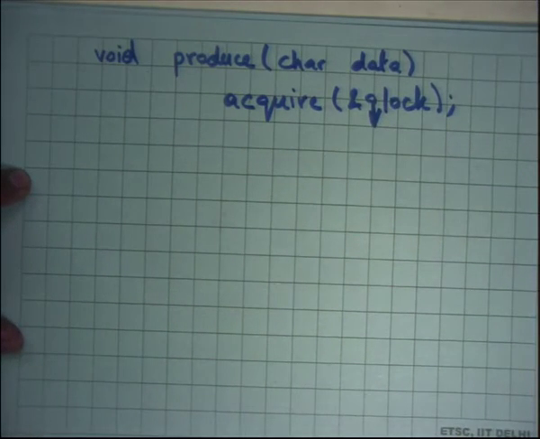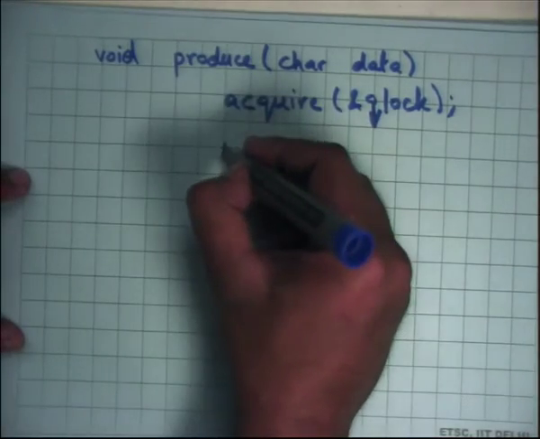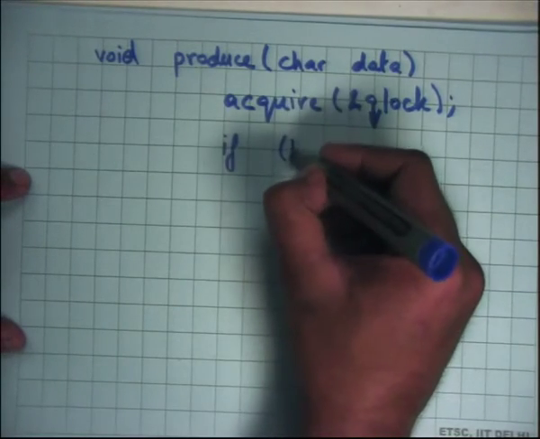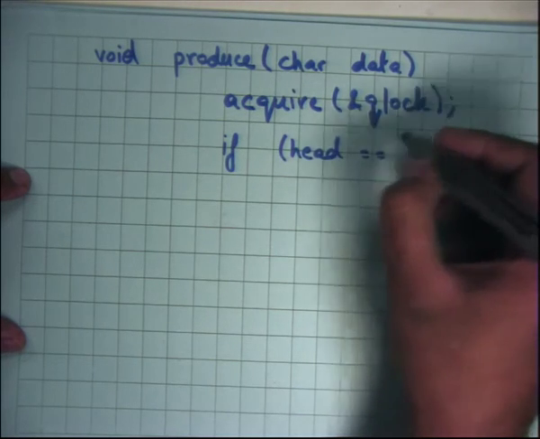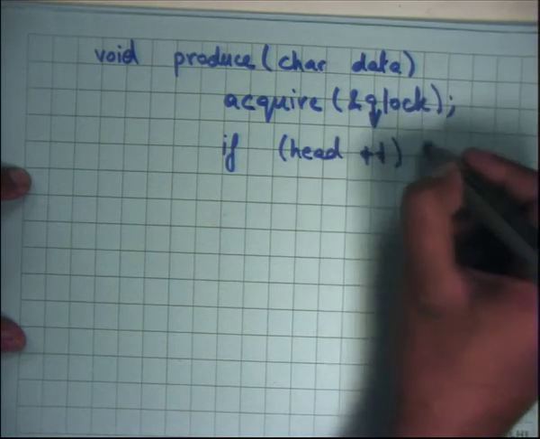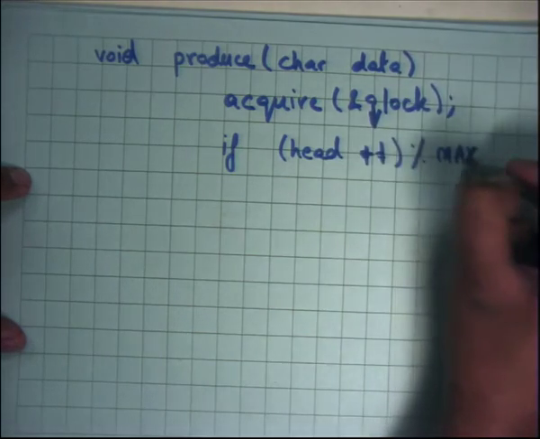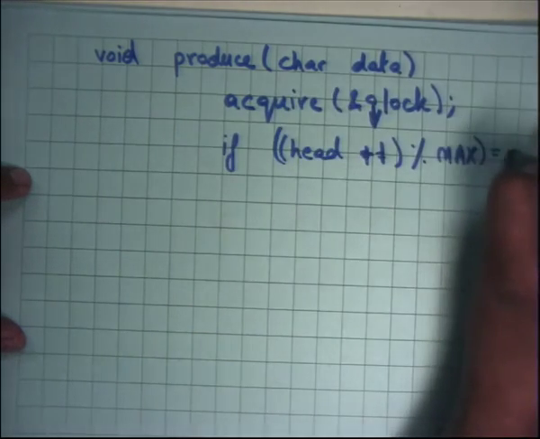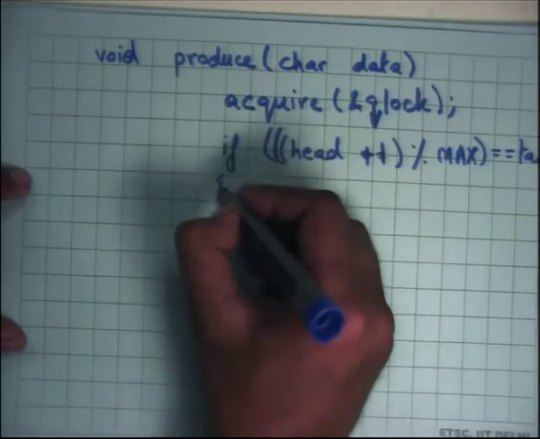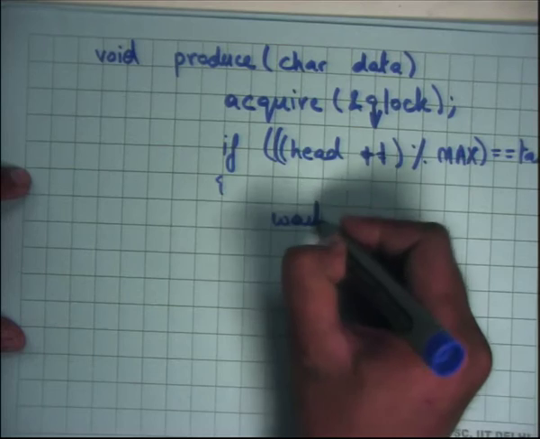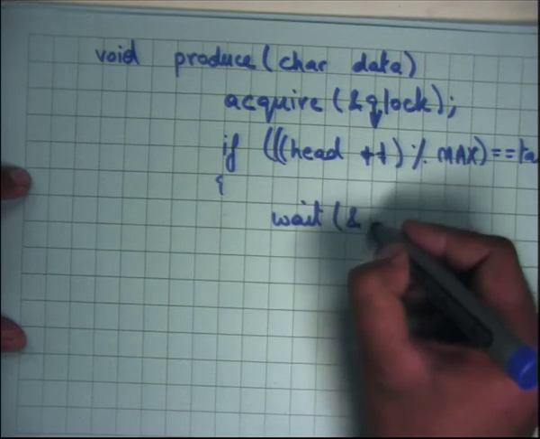All right, and then I say if head is equal to tail, head plus 1 mod max is equal to tail, then wait on not full,